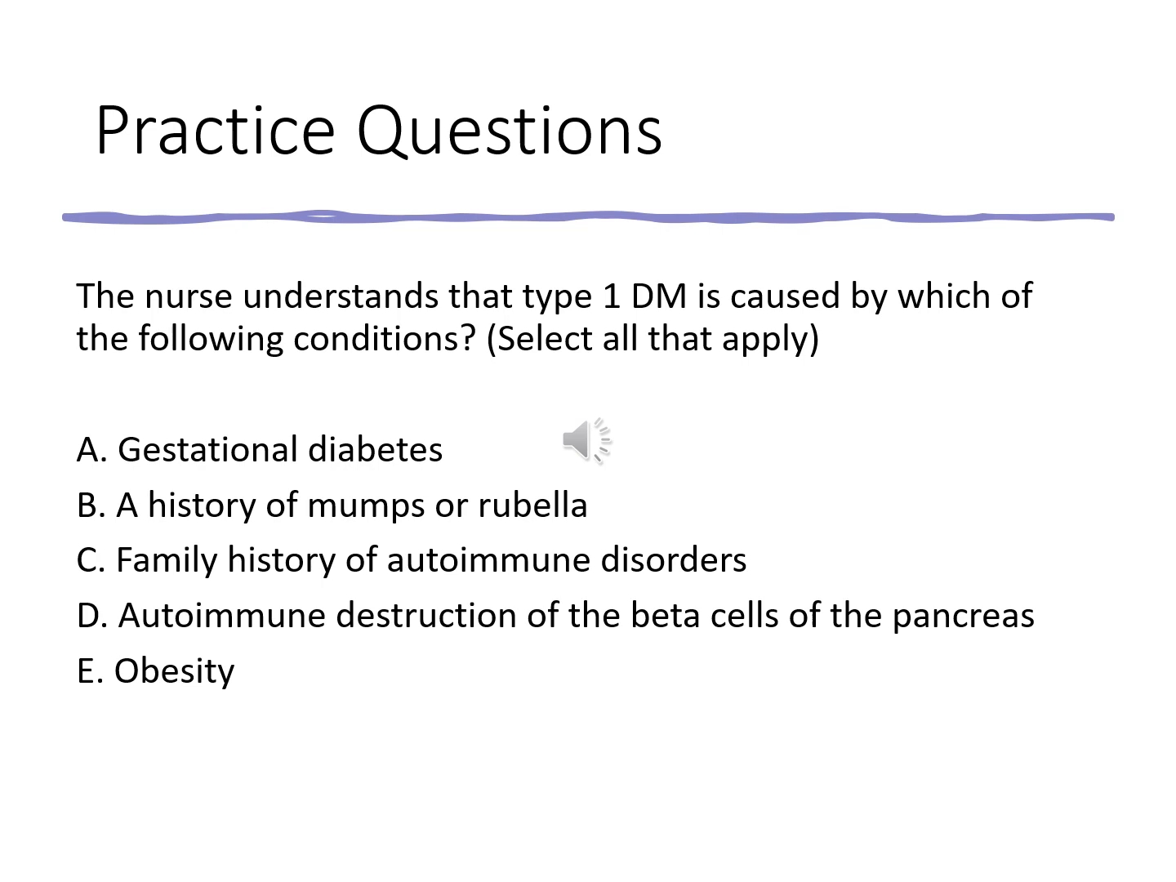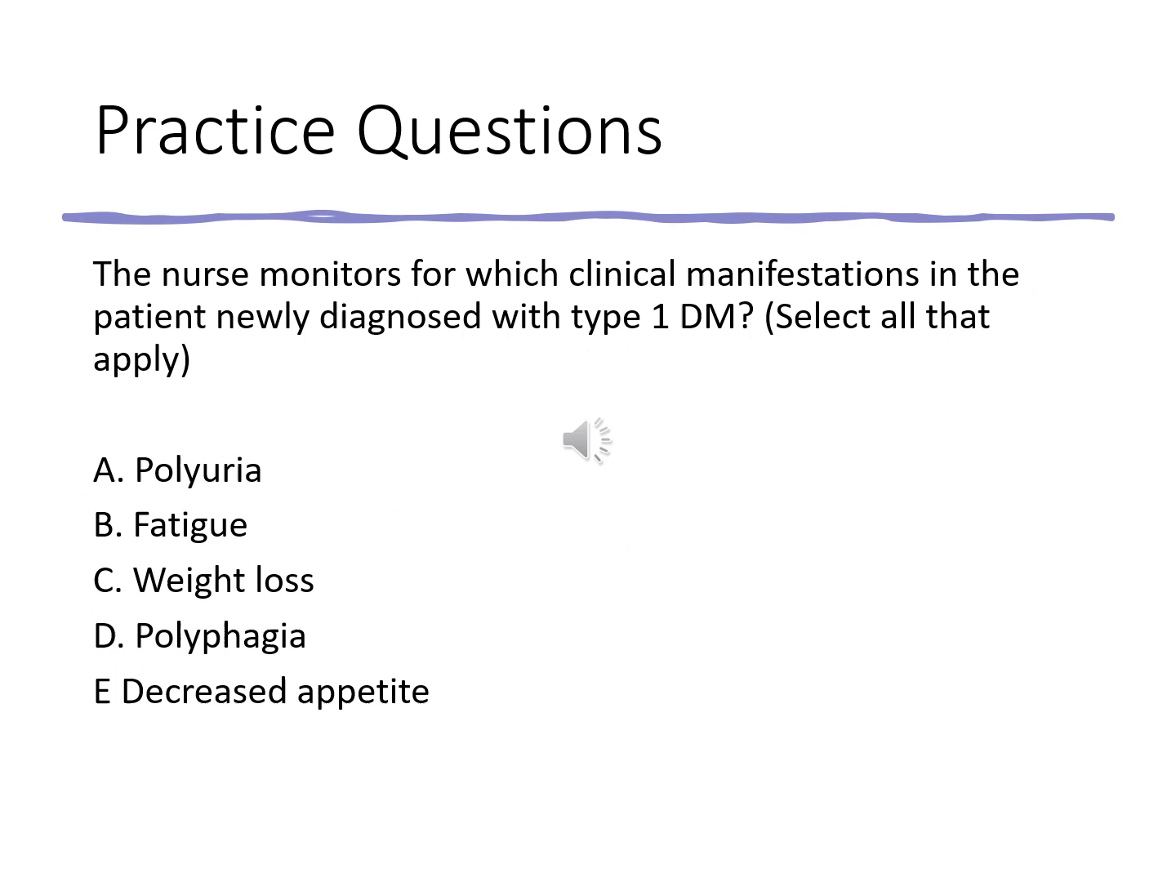So the correct answers are B as in boy and D as in dog. Type 1 diabetes is caused by an autoimmune process in which the insulin-producing beta cells of the pancreas are destroyed. Triggers are not fully understood, but a history of mumps or rubella is sometimes implicated. Monitors for which clinical manifestations in the patient newly